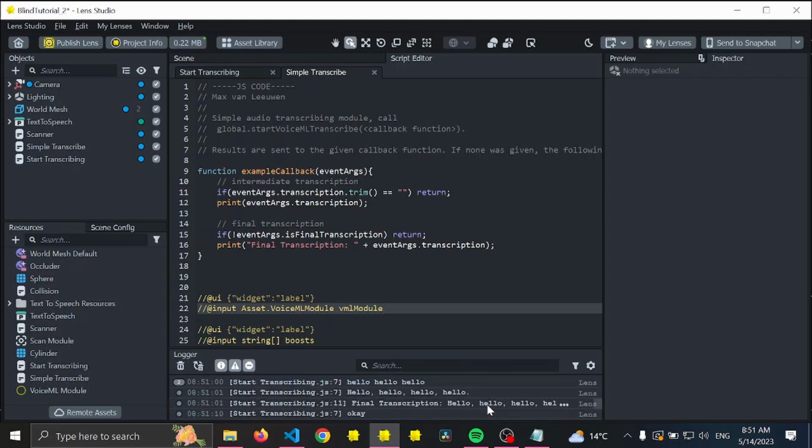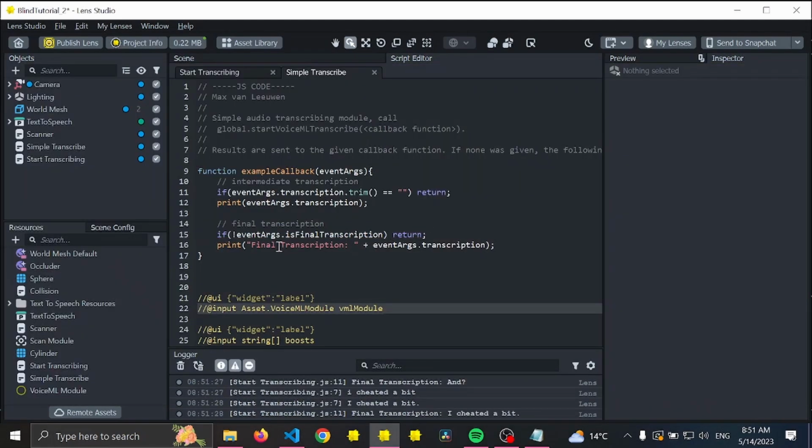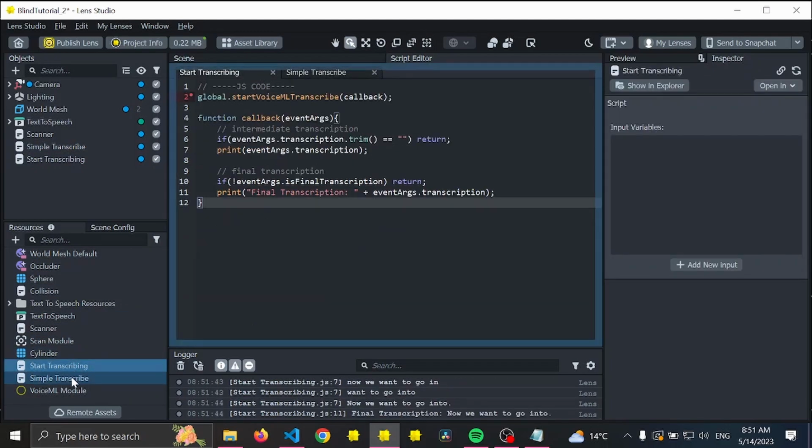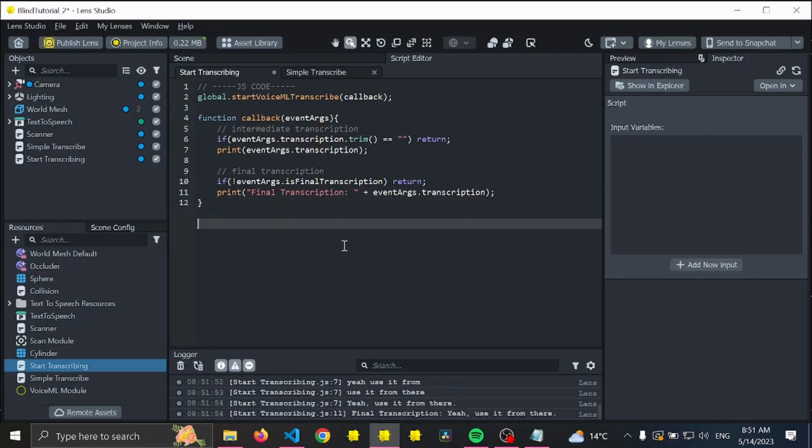Okay, the next thing we want to do is to add time. We want to be able to ask what the time is, and there's a script on the Lens Studio docs that we can use, and I cheated a bit. So as always, you find the script below, and today actually we want to go into start transcribing, use it from there. So here's our script,